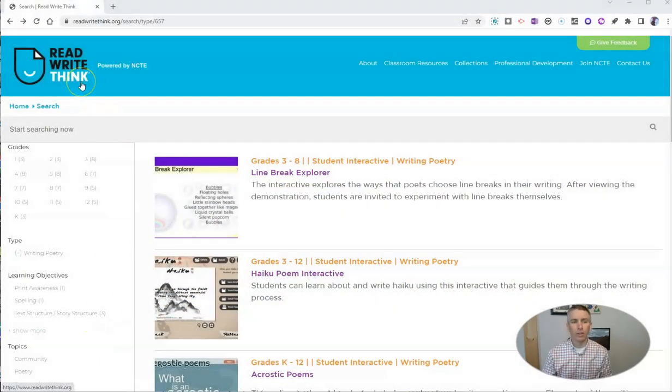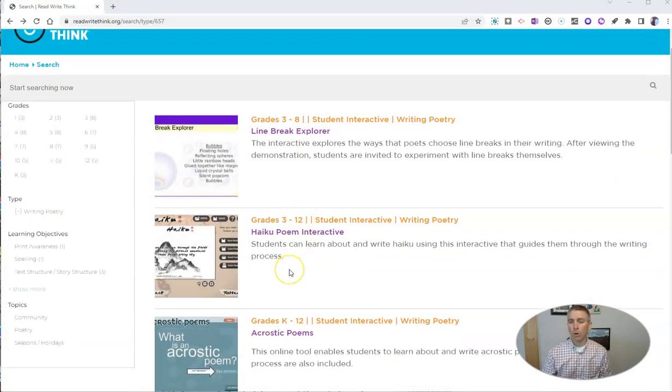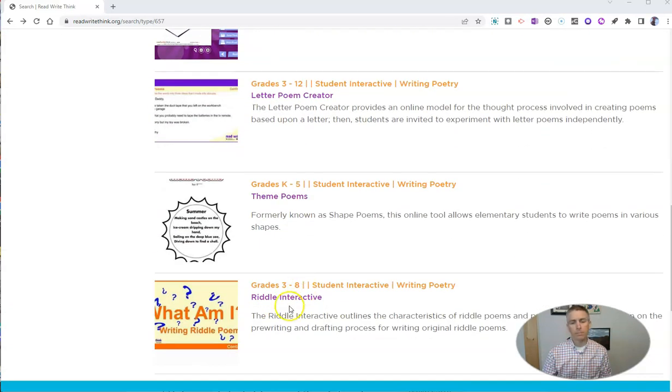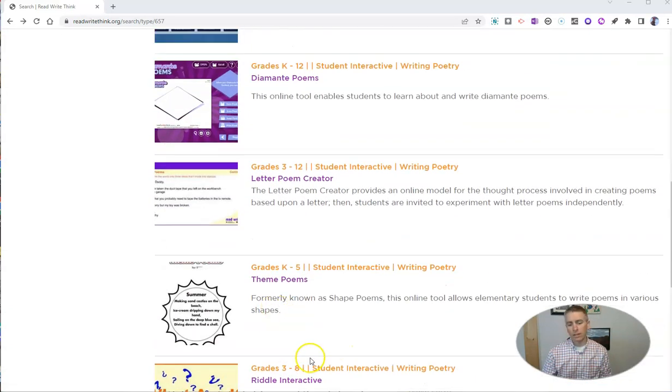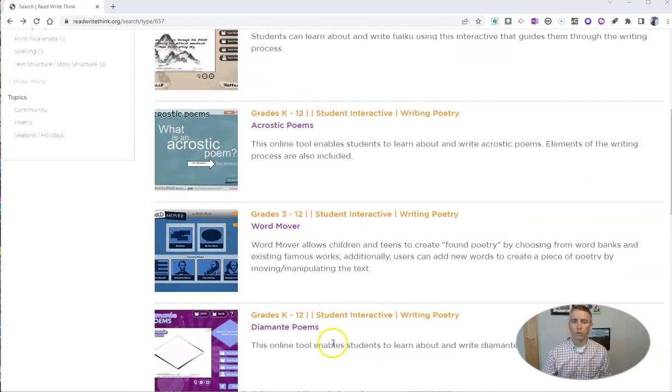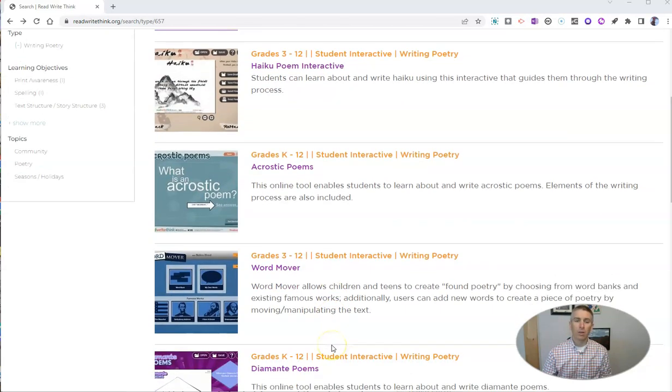It's ReadWriteThink.org's interactive poem creation tools. And as we scroll through we'll see that there's about a half dozen different interactive tools that we can use for creating poems. Now, the one that I like, and I like them all, but the one that I like